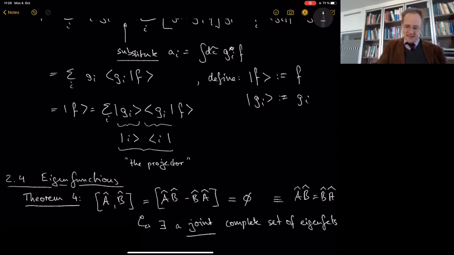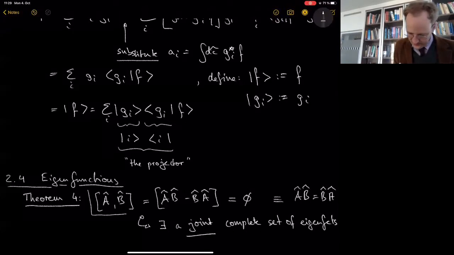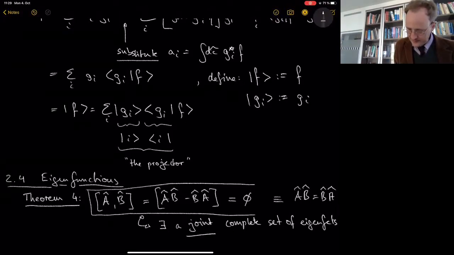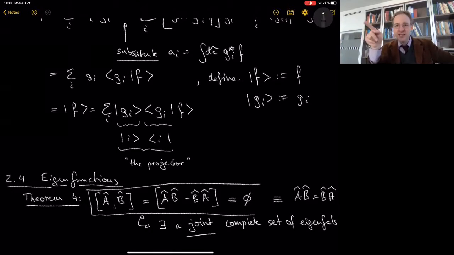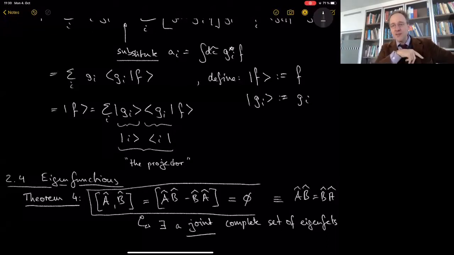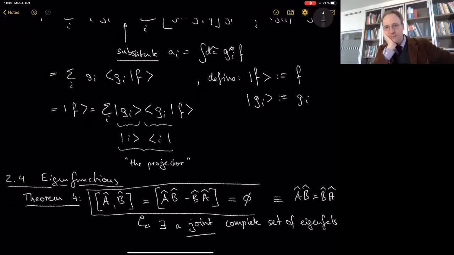So this is really extremely powerful, right? You can probably grasp by now that it can be really tricky to find the eigenfunctions for an operator. So if you are posed now with a new operator and you're asked to get the eigenfunction, the first thing you should do, rather than starting actually working on the problem, is check if that new operator commutes with any of the operators you know already. Right? Because if it does, the problem is solved.